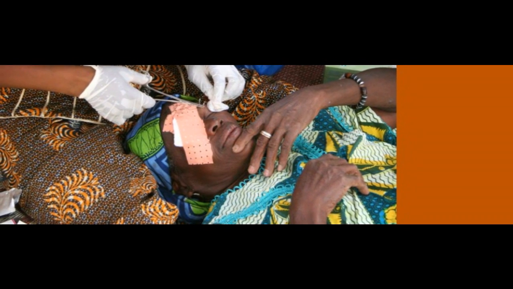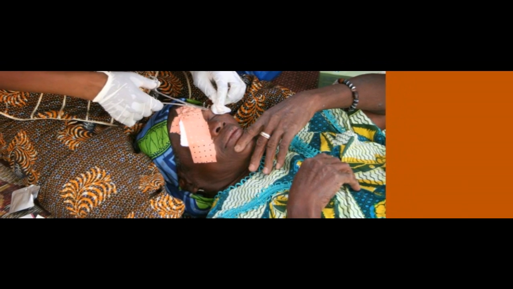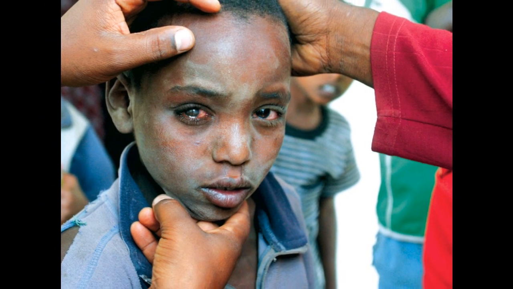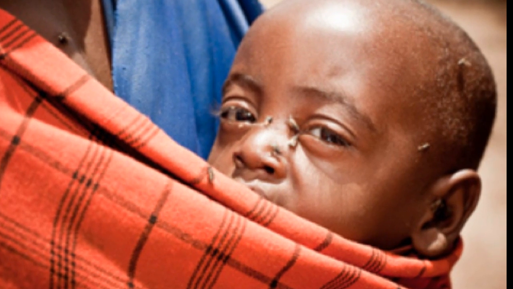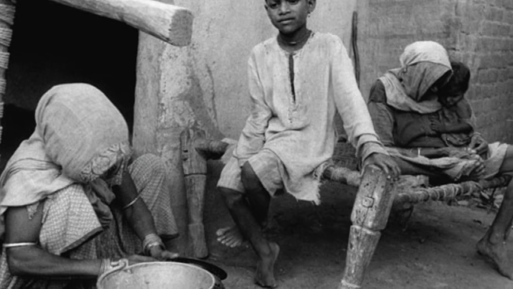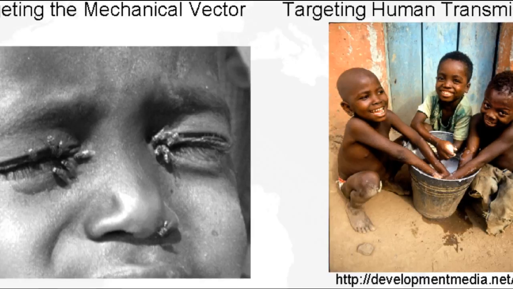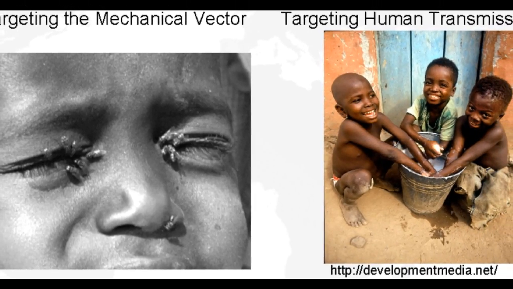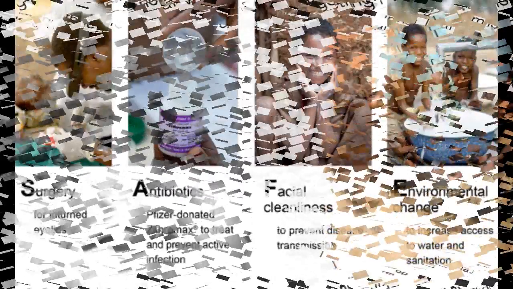The only way to truly prevent this disease is through clean living conditions and good hygiene. It is important to always keep your hands and face clean, control flies, have proper waste management, and access to clean water. The World Health Organization has created a strategy to get rid of the disease, and this is known